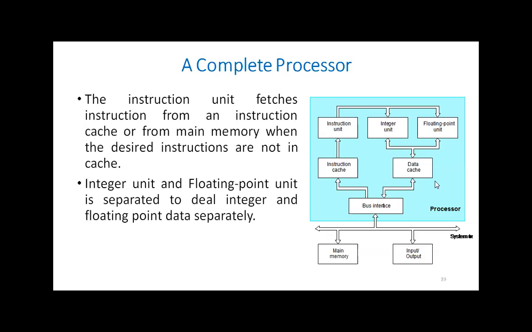Inside the processor we have the bus, we have cache memory. I told you that the L1 cache is present inside the processor chip. All these are L1 caches. So L1 cache is again divided into two types. One cache is for the instruction, the other cache is for the data. Okay, and then we have instruction unit for handling instruction. Then we have integer unit for handling the integer data. We have floating point unit for handling the floating point type of data. Okay, so this is the complete picture of the processor.